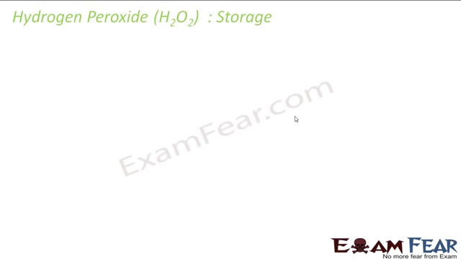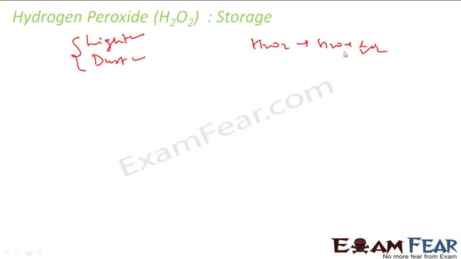Now let's talk about the storage of hydrogen peroxide. As I told, it is very unstable, it decomposes very easily, right? The moment it comes in the presence of light, it decomposes, and with dust, it decomposes. So what do we have to do? The reaction is H2O2 decomposes easily into H2O and O2, very easily. So what we do is we store it in a